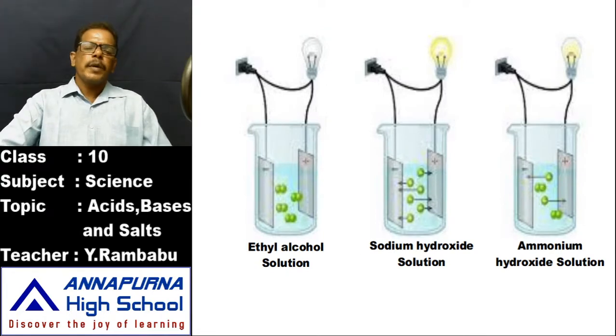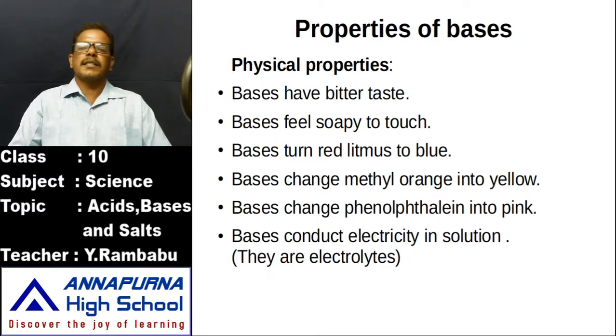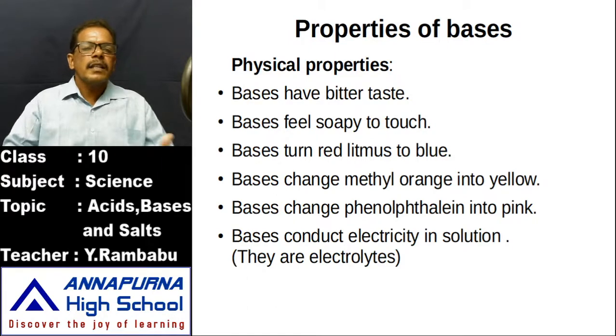Now about properties of bases. Already we have learnt about the properties of bases; let us just revise them. First, the physical properties. If we take bases, all these bases are bitter in taste. Just try to taste washing soda or cooking soda, they are bitter. Not only this, all the metal oxides, metal carbonates, metal bicarbonates, metal hydroxides are bitter in taste. Not only that, these are soapy to touch. Whenever we touch, we feel soapy. That's why bases are the substances which are bitter in taste and soapy to touch.